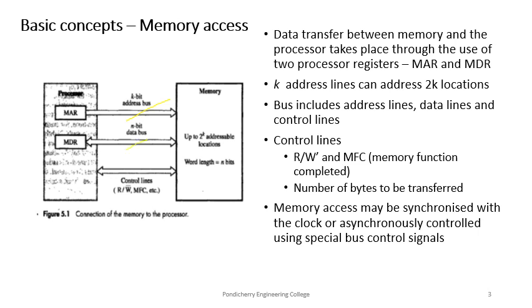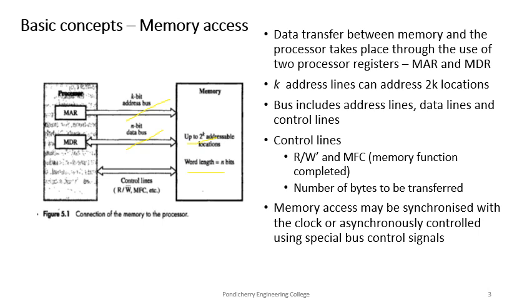and each location can be of size n bits, and this we call the word size. Whenever there is a read or write access to memory, n bits of data will be accessed in one memory cycle. So this we call the word size. That is the number of bits we can access from the memory, either read or write, in one memory cycle. So in addition to this n bit data bus, n bit is nothing but the word length, and the k bit address bus can address up to 2 power k addressable locations.